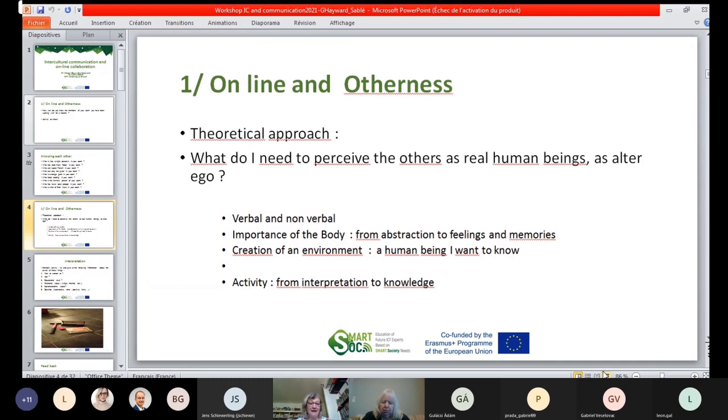That's why, for example, I asked you to raise a hand before. Otherwise, I had the feeling I was just talking to an empty black screen, you see? So this non-verbal dimension is quite important, which means the importance of the body, because if we do not see people with a body, we do not have the feeling they are real human beings. So, for example,